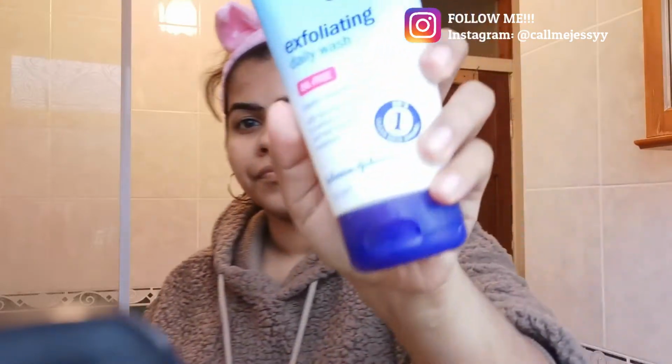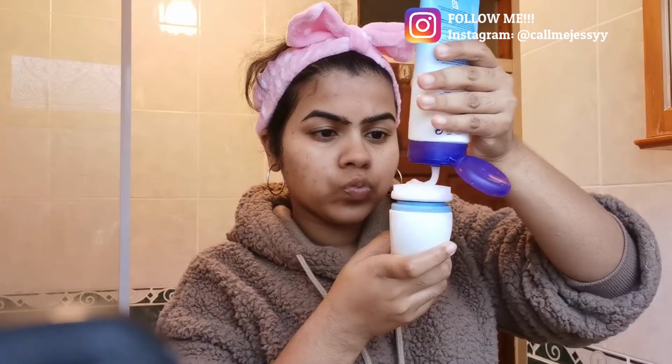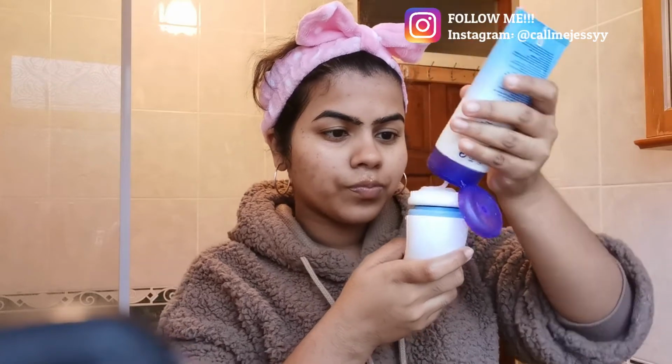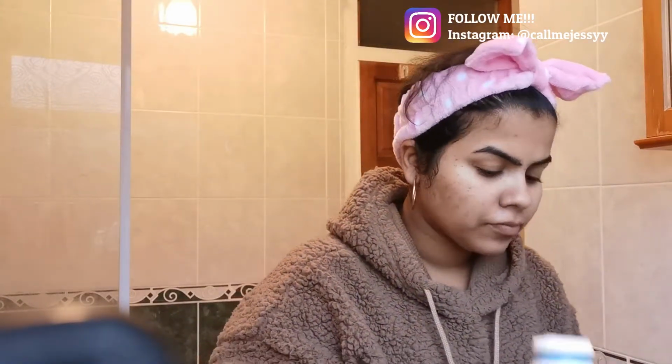So I use this Clean and Clear. It does leave my skin a bit dry, but I always use moisturizer. I always try to use as much moisturizer as possible once I use this Clean and Clear exfoliating solution. I don't know what it's called, but I showed you guys that one, the blue one. So I use that, and then I try to use the